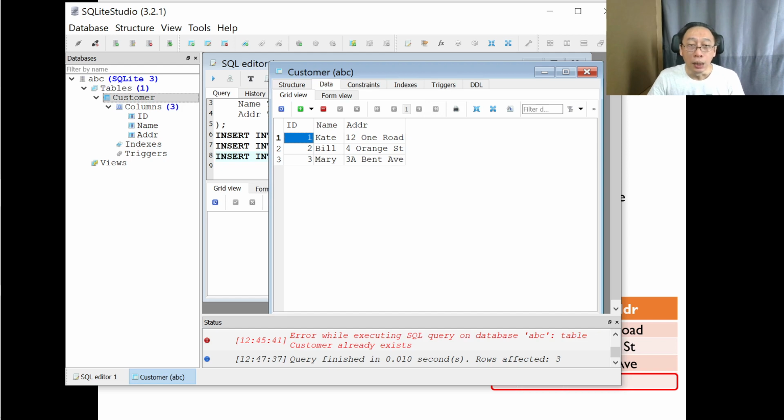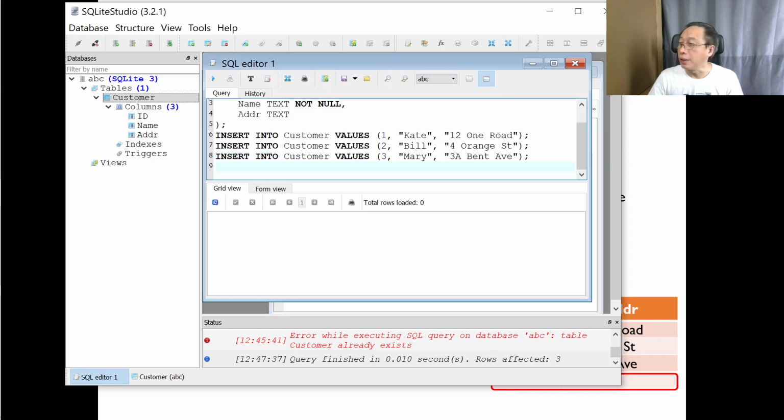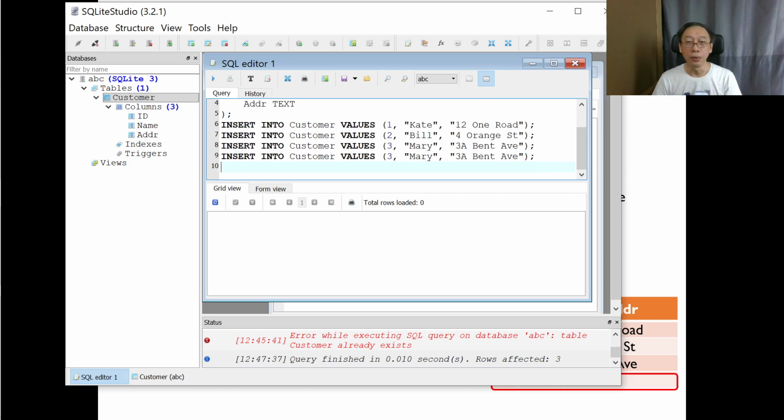So, back to our editor here. Now we need to add in 4 Peter 9 Wall Street. So what do we do? If we insert one more line and say insert into customers 4 Peter, etc.,